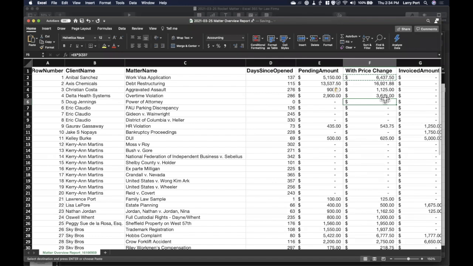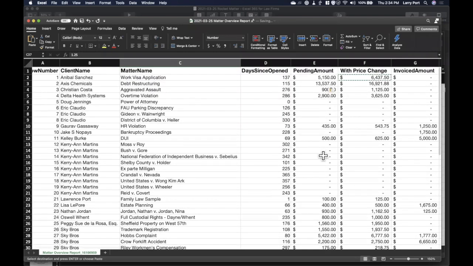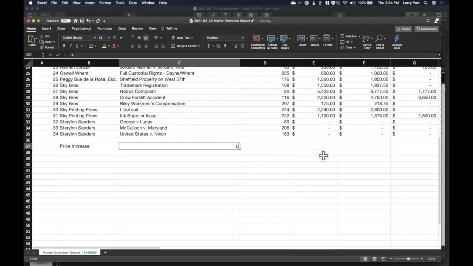So that is so important, because what if I want to say, okay, that's a funny price increase. I don't know if I like that price increase. Let's change that. So what I can do down here is I can say, what if I just changed it to 10%? Well, let's see, what's the value up here? 64.37. If I increase it by 1.1, because I don't know that everybody's going to be able to tolerate a 25% price increase. That seems a little rough.